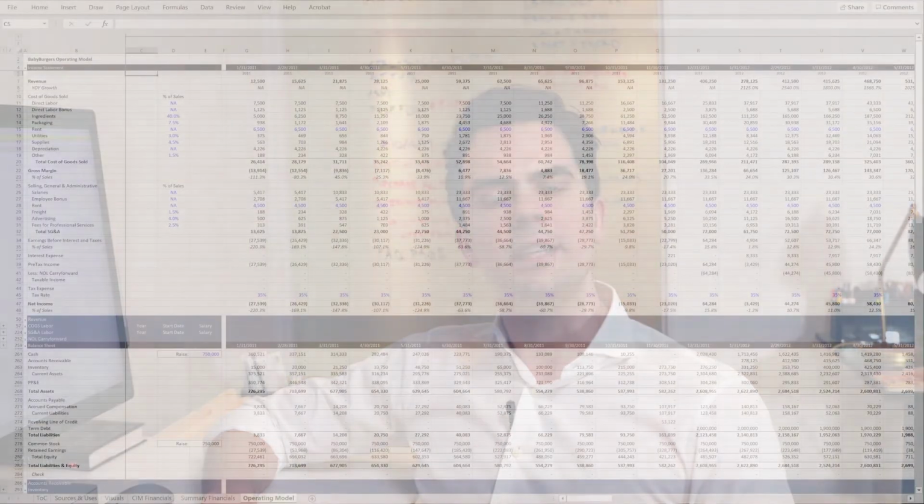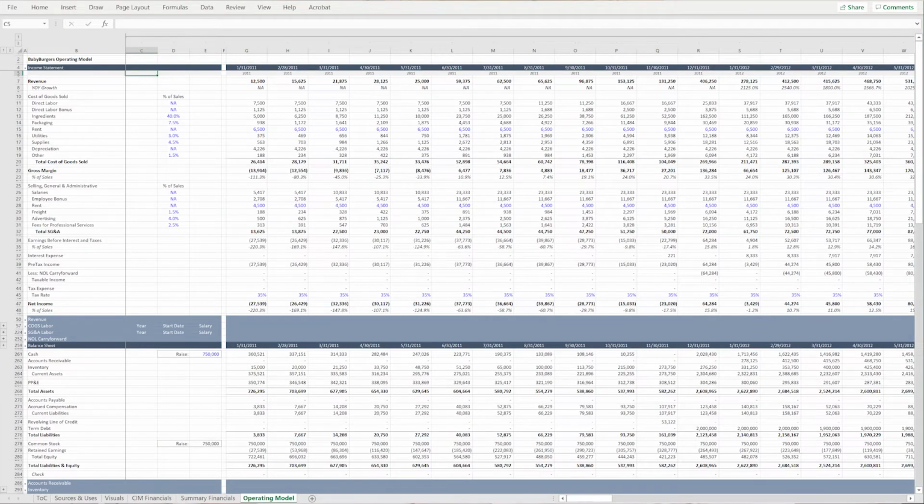And there are two things I'd like to elaborate on that I think make it a little bit unique. The first is the level of detail in the operating model. As a private equity analyst, you're going to have to synthesize so much information, pulling from data rooms, third-party reports, management phone calls, etc., and pick what's important to develop a narrative that the investment team can use to make